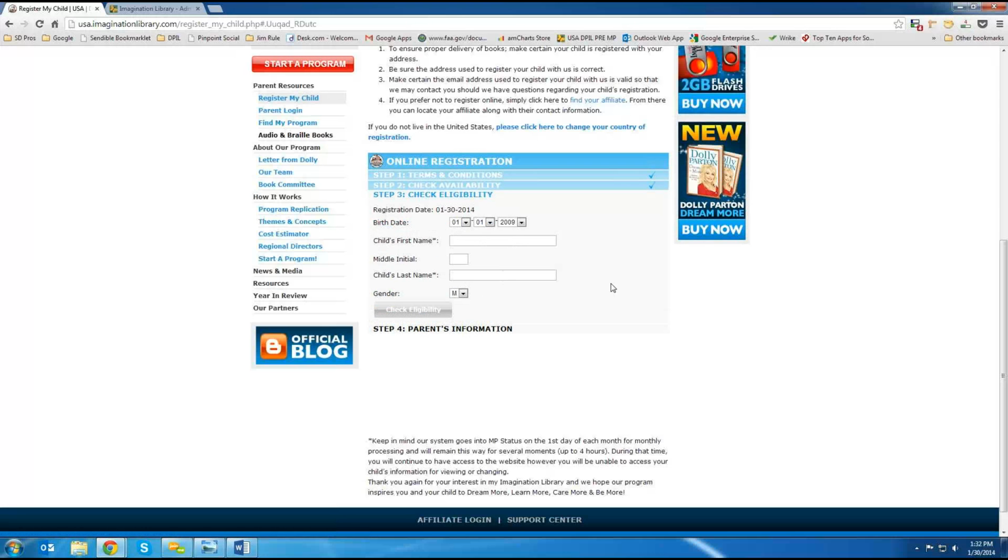Now we moved on to step 3. We're going to check for eligibility. So let's put in 2013, put in a test child's first name, and then a test child's last name. And we're going to click check eligibility. And the child is eligible, so we're going to continue